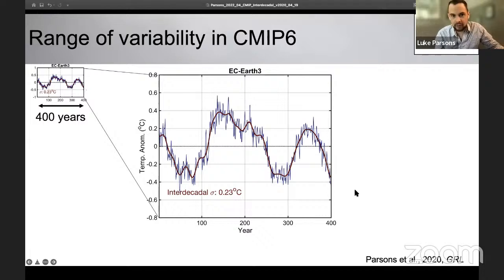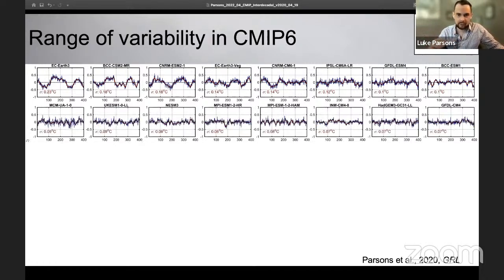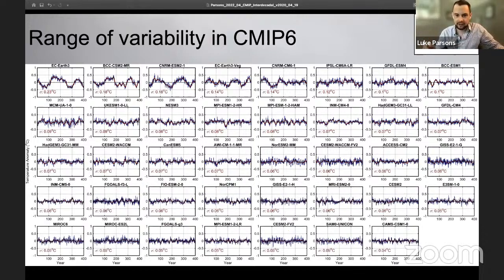Now, here's one of the climate models. Remember, we have, I think, 39 of these from when I did this paper a couple years ago. So I'm going to show you results from all of the models. You don't have to look at all of them, but I've organized them from most variable in the upper left, going across almost like reading a book, left to right and down. And then as you go down, we go down to the least variable models. And don't read any of the numbers.